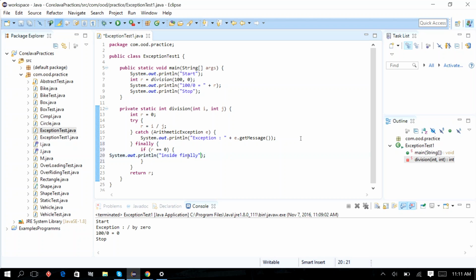So just say finally after exception, or say finally after catch. The finally block is getting executed after catch. That's what, right? Else